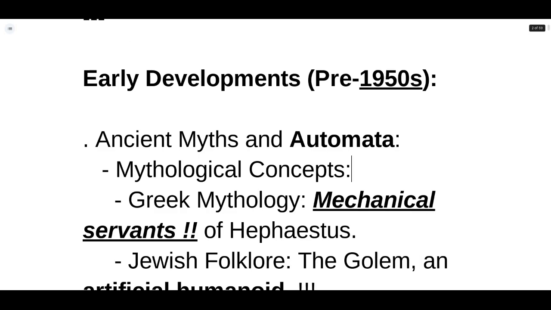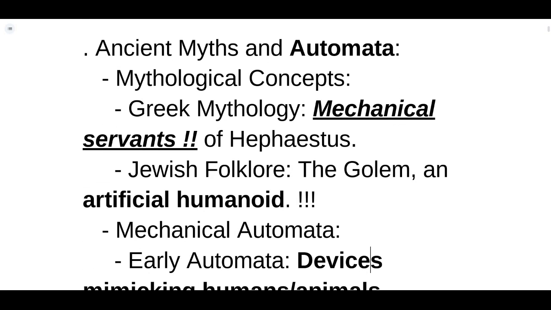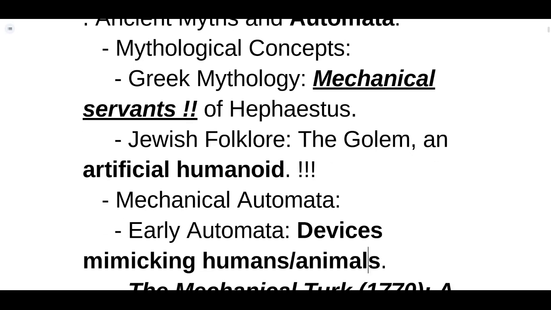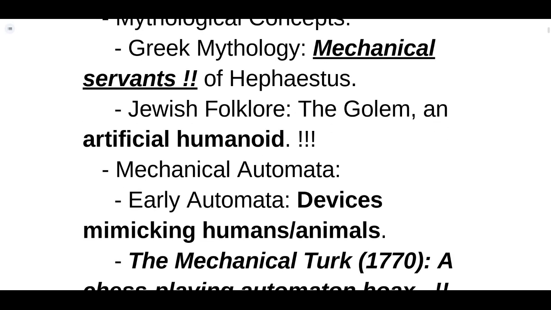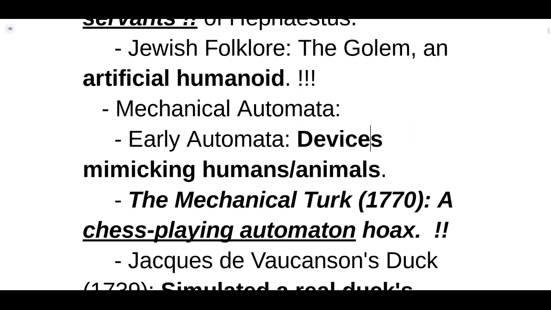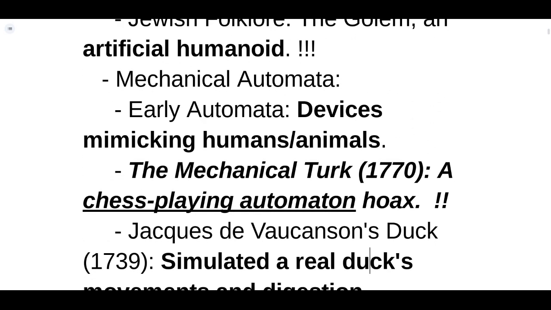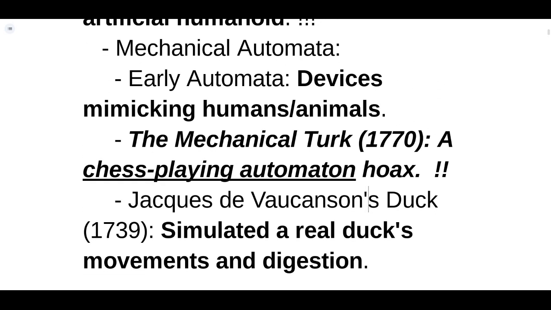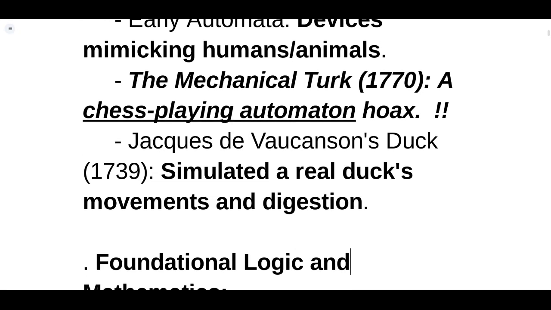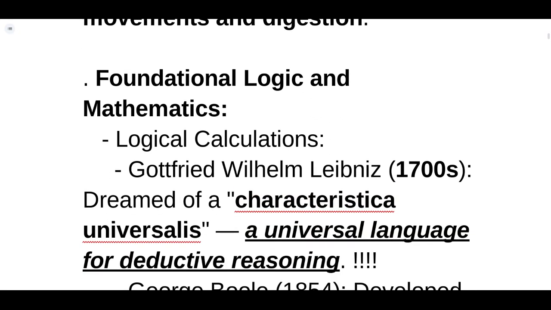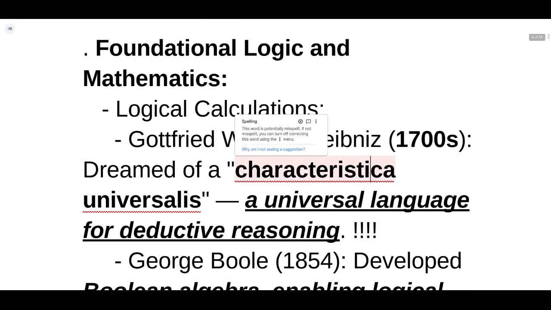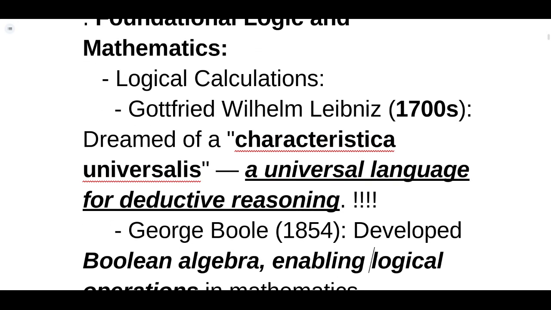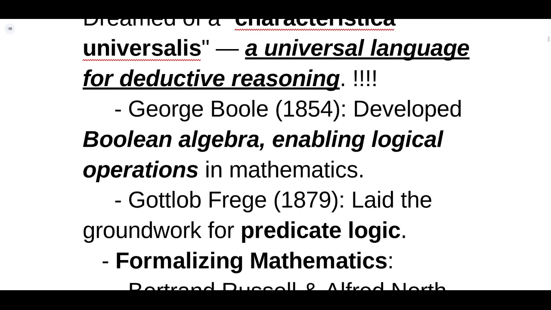Ancient myths and automata: mythological concepts like in Greek mythology, mechanical servants, then Jewish folklore, the golem, an artificial humanoid. Then mechanical automata, devices mimicking humans and animals: the Mechanical Turk, a chess playing automaton hoax, and a duck that simulated real duck movements and digestion. Then foundational logic and mathematics: logical calculations, characteristica universalis, a universal language for deductive reasoning, 1700s. Then Boolean algebra,